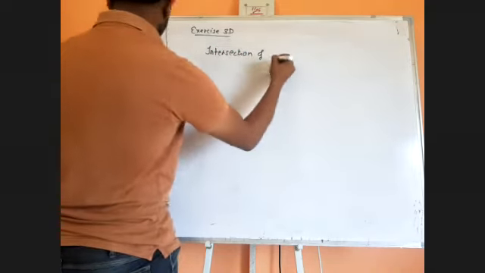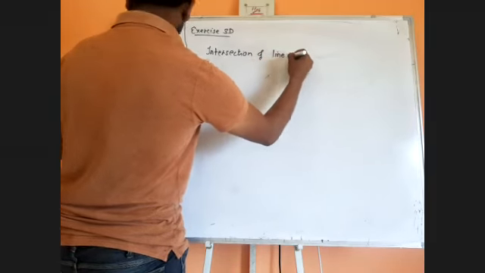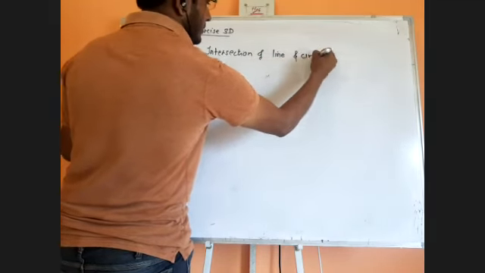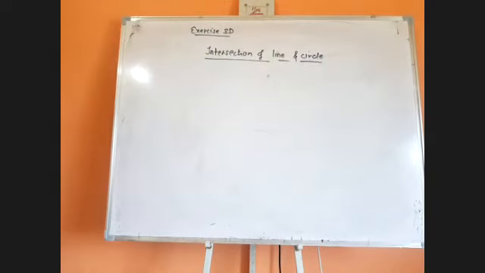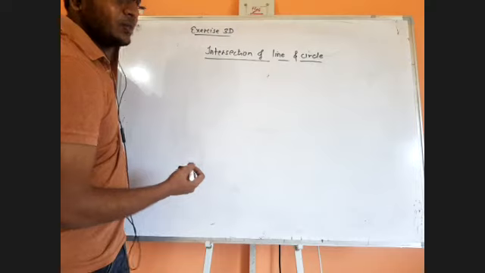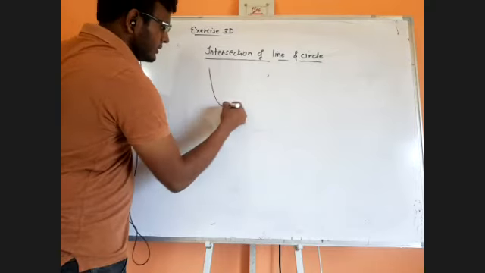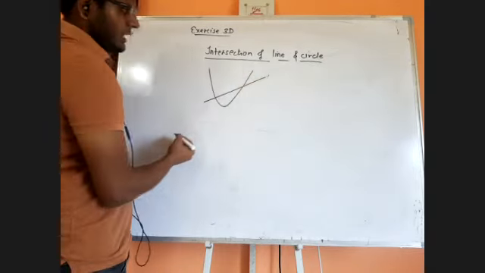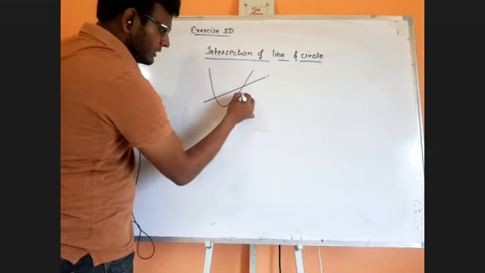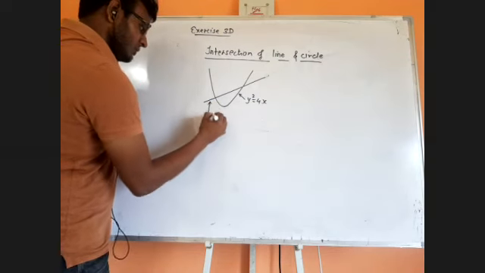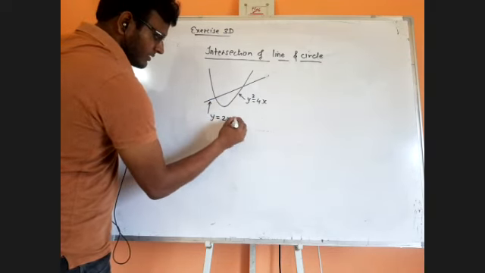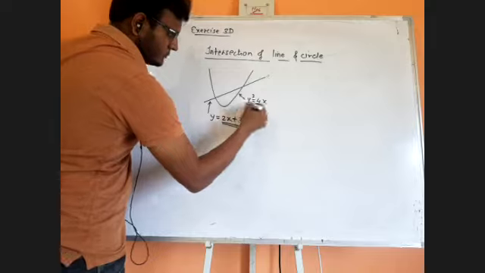of line and circle. Intersection of line and circle. So let's see how exactly it works. You remember in previous classes we did the intersection of parabola and line, right? There was a parabola and a line intersecting it. The equation of parabola was something like y square equal to 4x, and this line used to be something like y is equal to 2x plus 3. You remember?